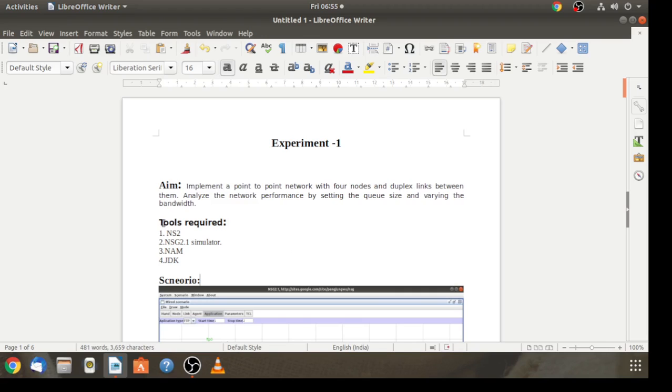The tools were already installed in the previous session. The tools required are NS2 and NSG 2.1 simulator, network animator, and Java development kit is required. Otherwise, simple Java, you install simple Java because we are using the NSG 2.1 jar. So once this is done,